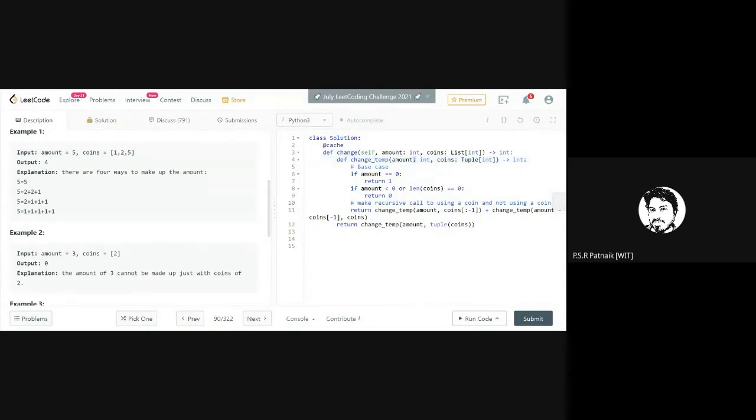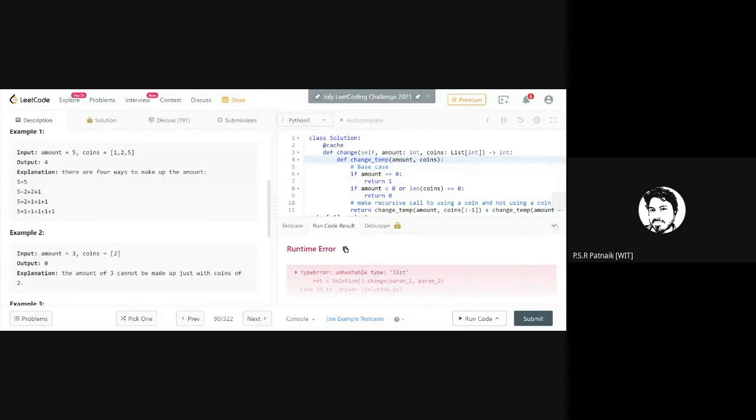I think I am taking this double. If you pass it as double, that's also fine. I'll remove this thing here. It is still giving me unhashable.